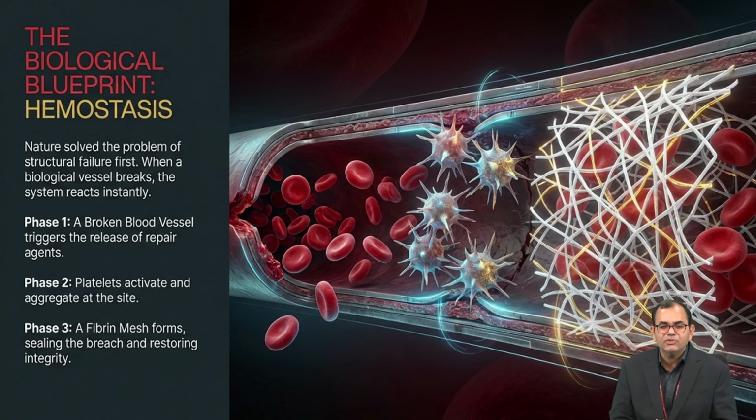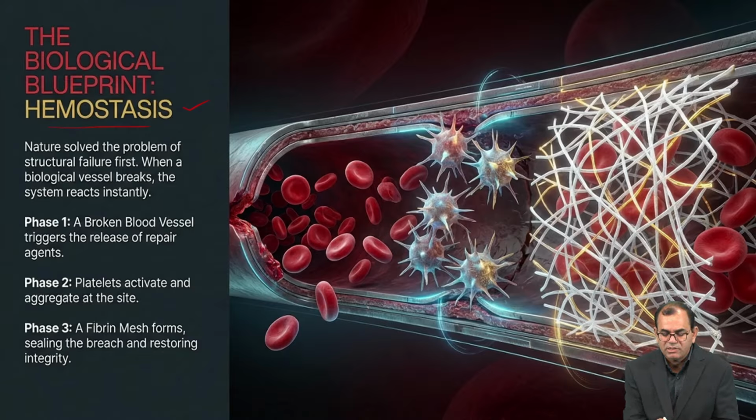Now we can see, as we are talking about biomimicry, human skin is one of the best examples to correlate with these smart self-healing materials. We can see the word hemostasis is a blueprint for the biological system. Hemostasis is nothing but the process which can stop the blood flow.